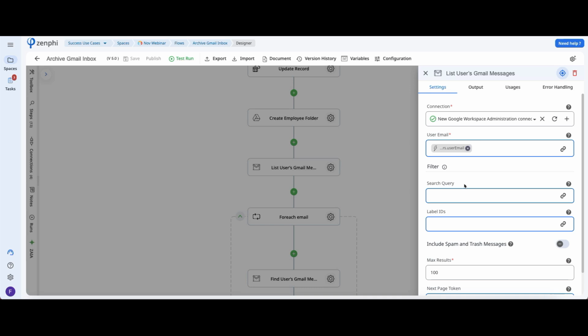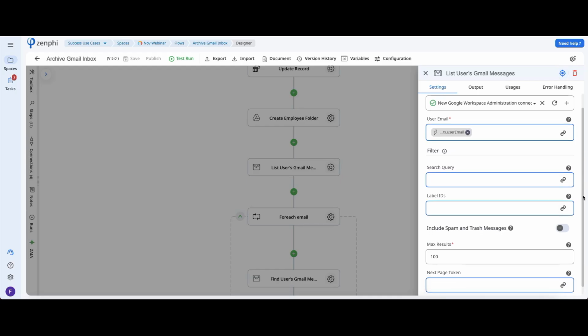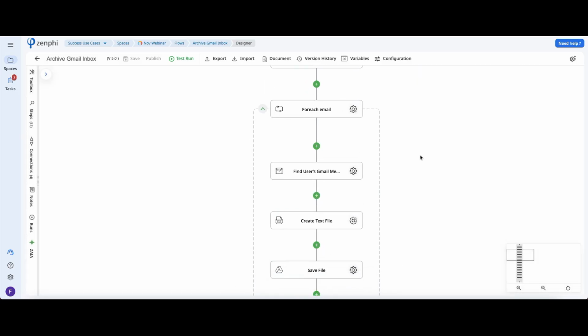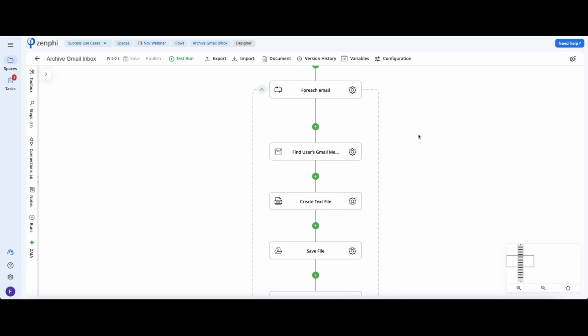You can filter out if you don't want all of them. So if you want to use a specific search query, maybe if it's only from a specific sender or in between certain dates, you can add that if you want to filter out the emails. You can choose how many results you want to receive, as well as whether you want to see the spam and the trash messages. And essentially what we're going to do, to explain this in as easy terms as possible,